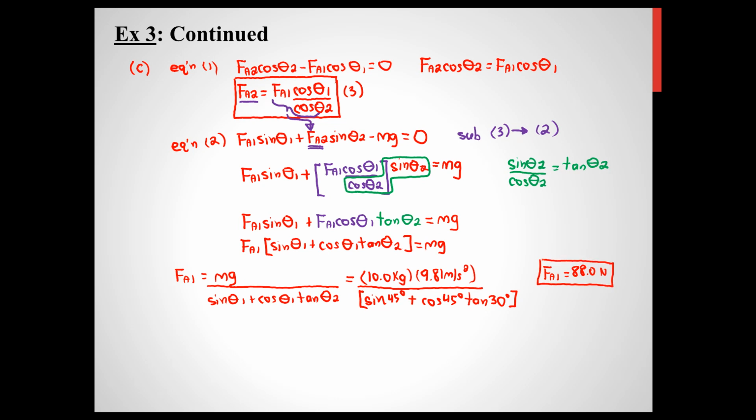Now, it turns out it's actually really easy to solve for FA2 because we have an equation that is already isolated for equation 2. That's this one right here, equation 3. So all we need to do is just plug in the value of FA1 into equation 3, and we can solve immediately for FA2. So this would be FA2 would then be equal to 88.0